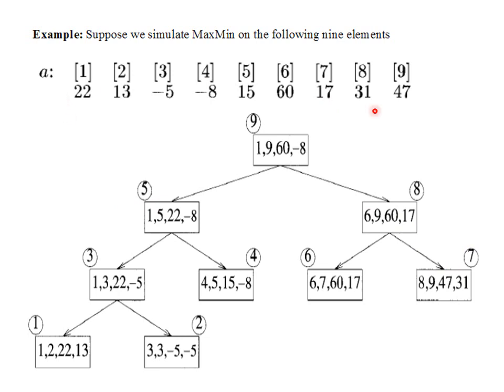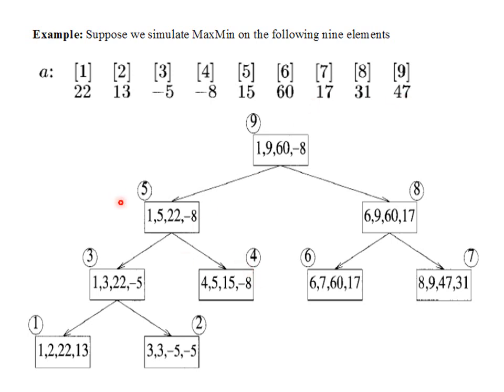And when we compare the entire list, the name indicates the comparison with the maximum and minimum value. The lower index value is 1 and the upper index value is 9, and the maximum value is 60 and minus 8 is the minimum value, right? And this indicates the lower part, and this value indicates the upper part, from 5th to 47, right?